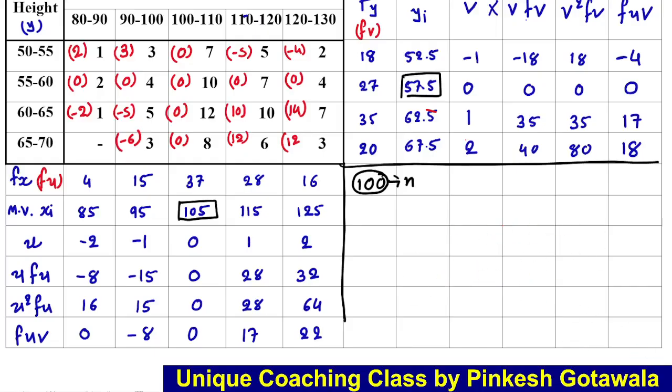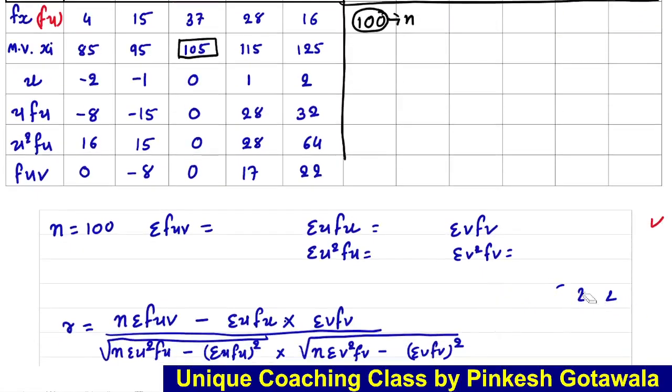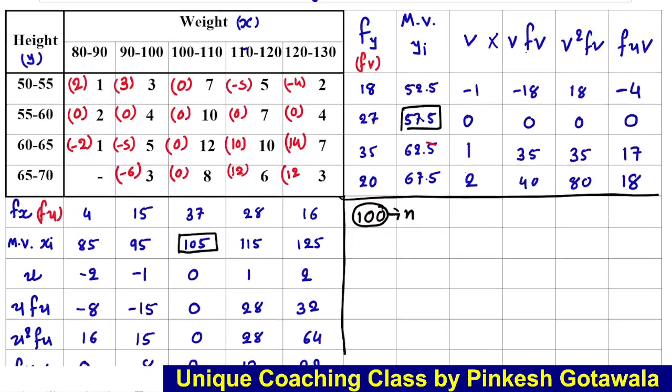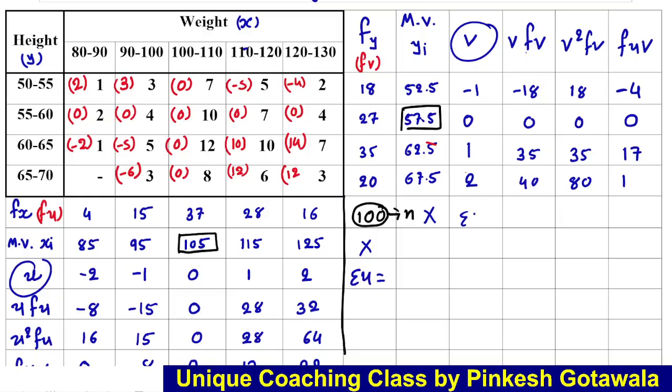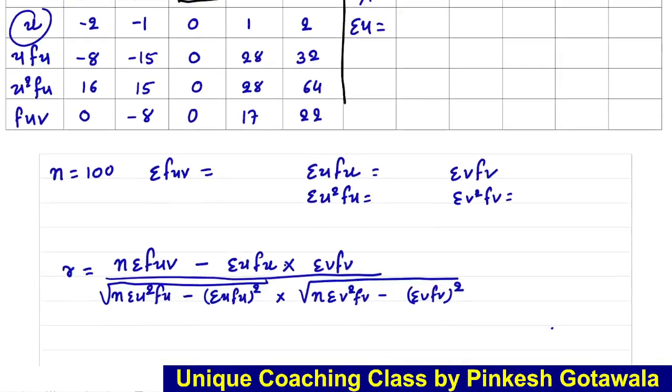Here you will get the amount for our formula. Okay, so which column we have to total? So remember, first of all, this mid value we never make a total of mid value. Here we are not going to total of this u and v, because if we total them, what we get? We get answer of sigma u and sigma v, but in this formula we didn't need sigma